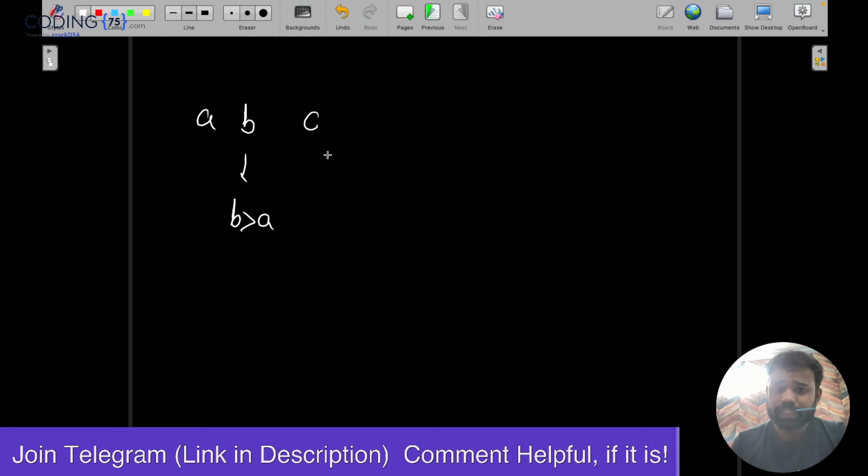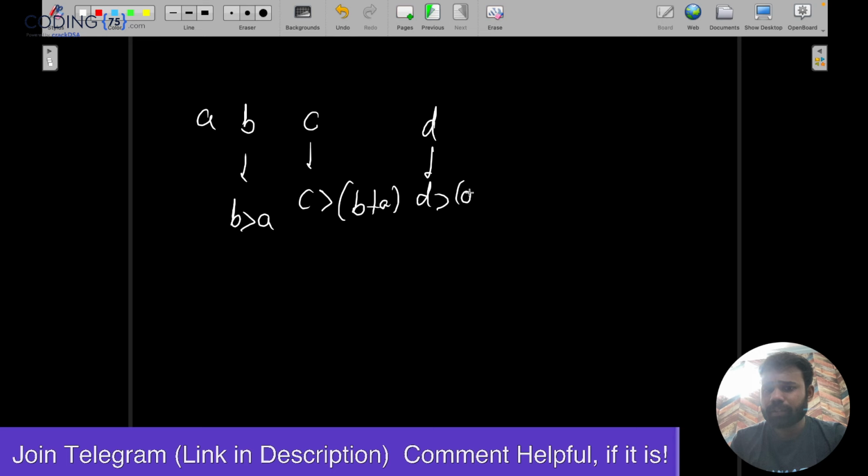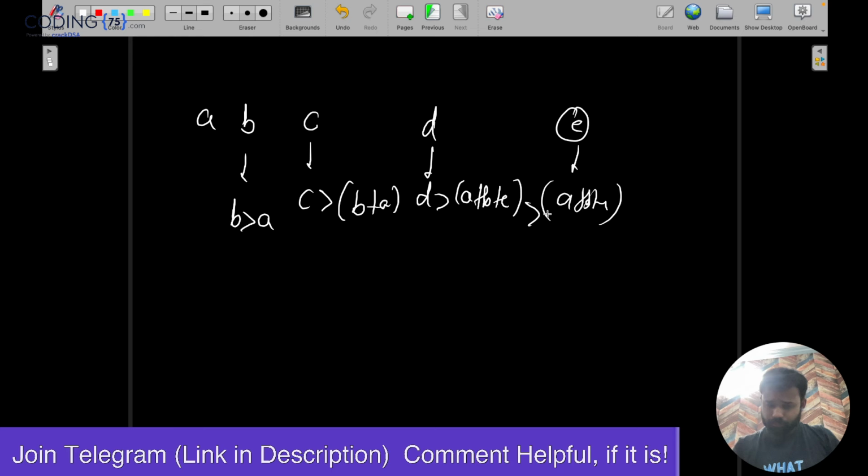Now if the next is C, C should be greater than B plus A. Now if there is D, this D should be greater than A plus B plus C, and so on. The next element, whatever it is, should be greater than the sum of all previous elements. That is what we want.